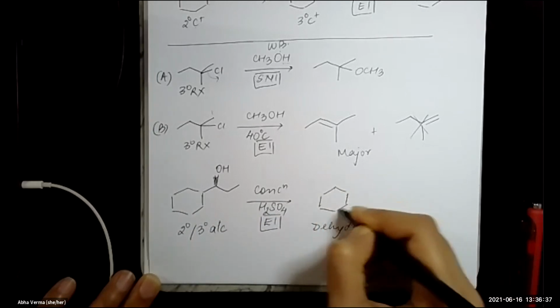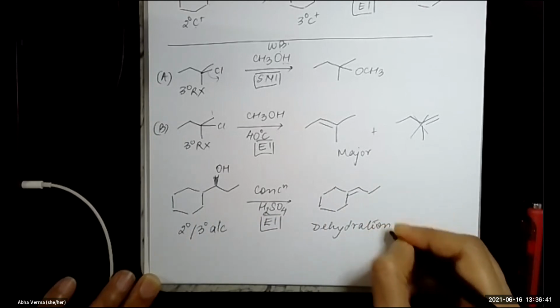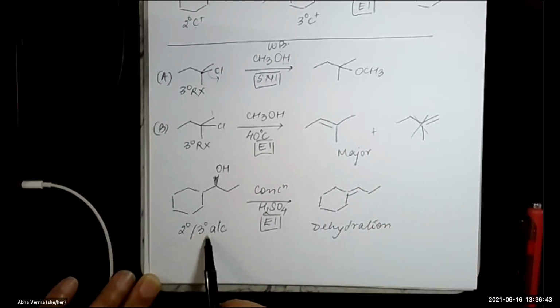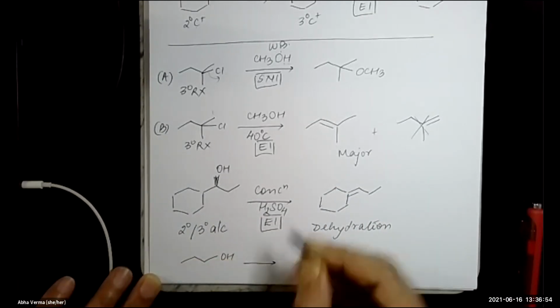The dehydration always occurs for secondary and tertiary alcohols by the E1 mechanism. For your primary alcohols, we use similar